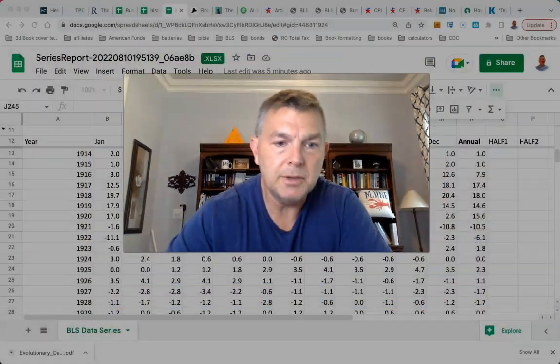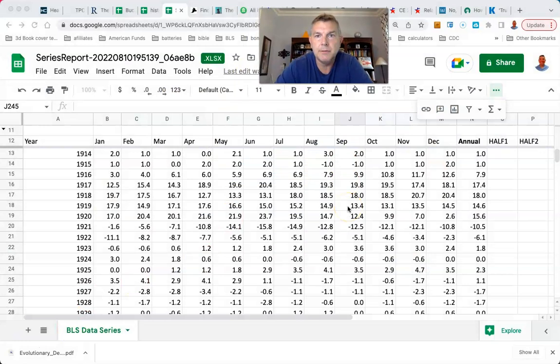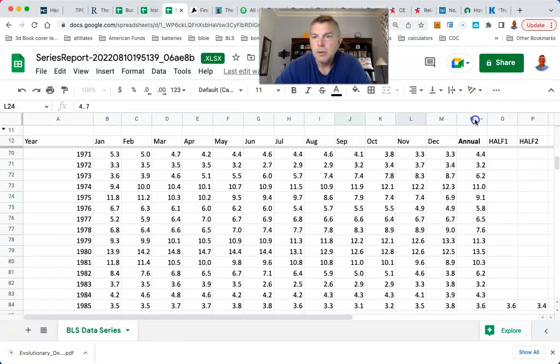Let me show you. So here's the CPI-U going back from 1914. Ironically, 1913 is when the Federal Reserve came into being. And that's when we started calculating inflation in terms of CPI-U and whatnot. We calculated inflation before, but be that as it may. So we're going to go over here. Here's our annual, and we're just going to touch on this real quick. Hold on a second. Keep your eye on this right here.